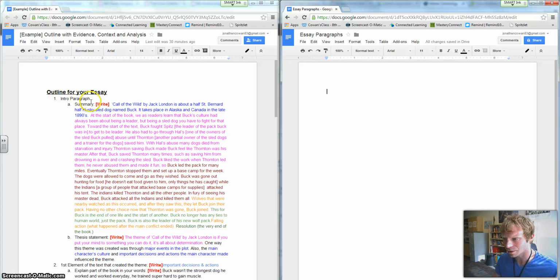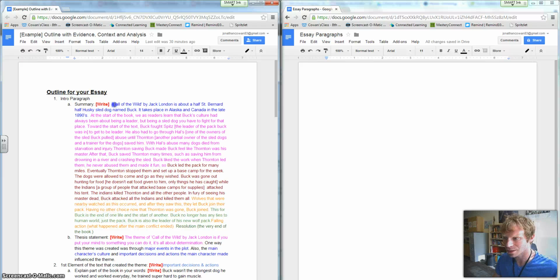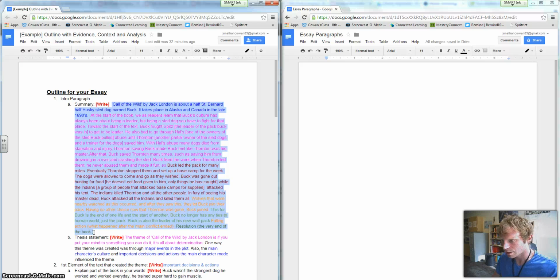So in the intro paragraph, you're going to include both your summary and your thesis statement. Now for most people, this is the easiest one to do because your summary probably stands by itself, and your summary probably doesn't need any extra words to make it make sense to a reader because you just wrote a good summary. So what I would do is select this summary right here and copy this